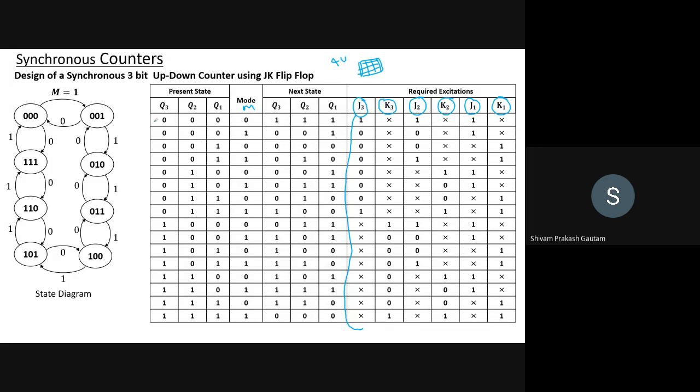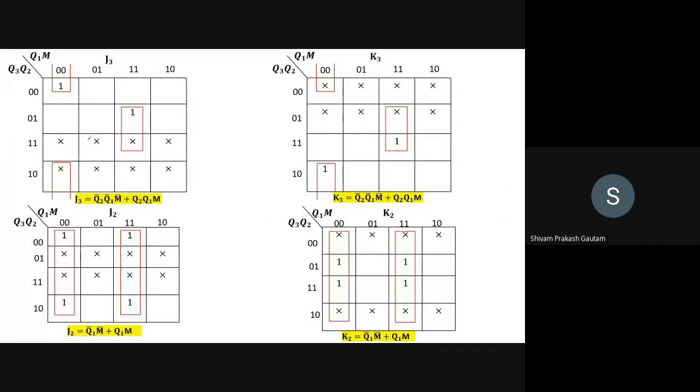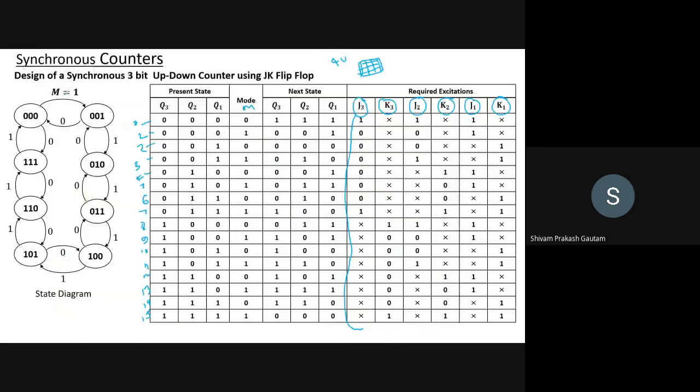So you can treat this as equivalent 0, and this as equivalent 1. Consider the 4th variable as well. This is 2, this is 3, 4, 5, 6, 7, 8, 9, 10, 11, 12, 13, 14, and this is 15th, right? So these are the 16 cells, and these are the values of that particular cell for J3. For example, let us say for 0, 0, 0, 0, J3. So look for 0, 0, 0, 0, that is the first case. All are 0, and when all are 0, what is the value of J3? J3 is equal to 1.